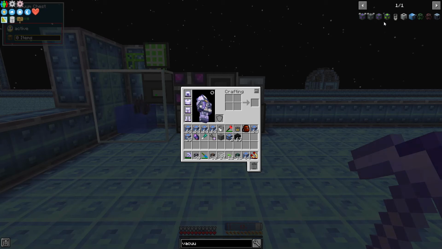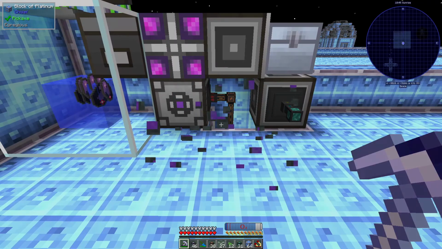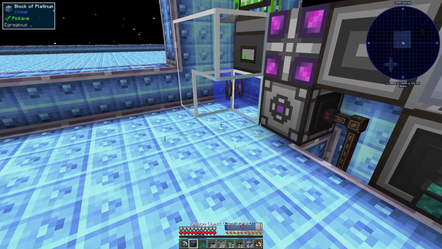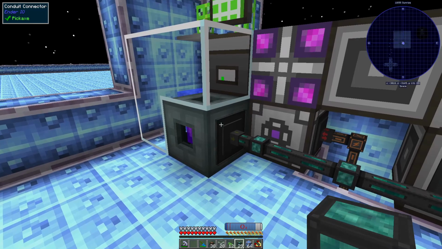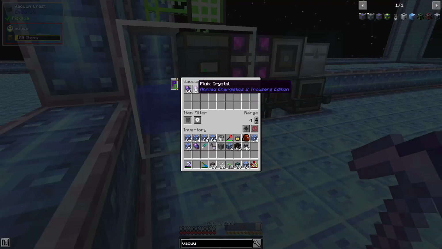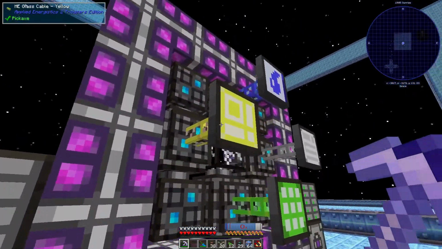Do we have a better vacuum? I don't see one. It does seem that this is the best one, so we'll just move it. That's okay. No big deal. Vacuum chest configured. We're going to slap that down right there. Make sure that you are not trying to do that. And always active. Now the fluix crystals will flow out of there and into our system, and we have a